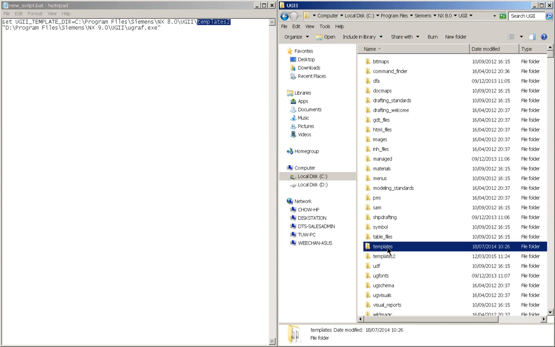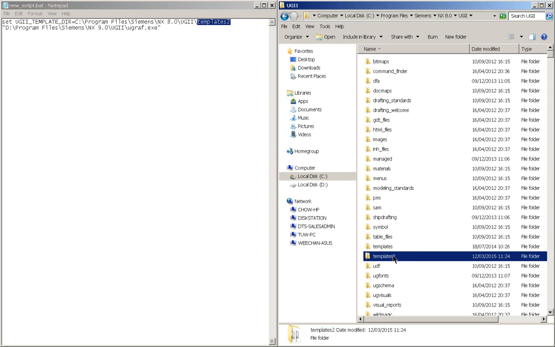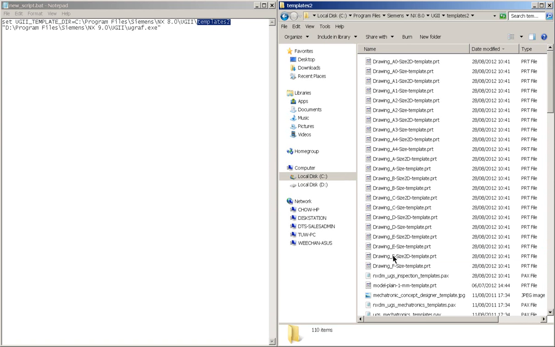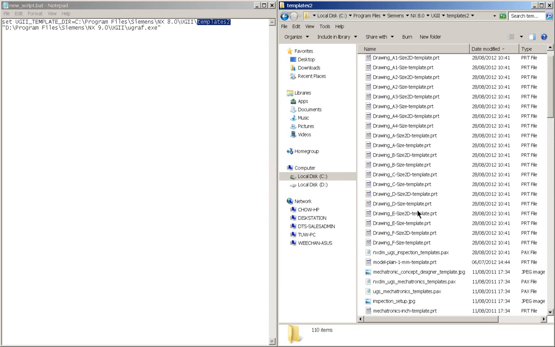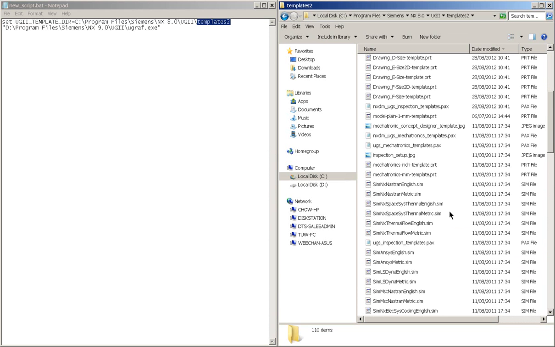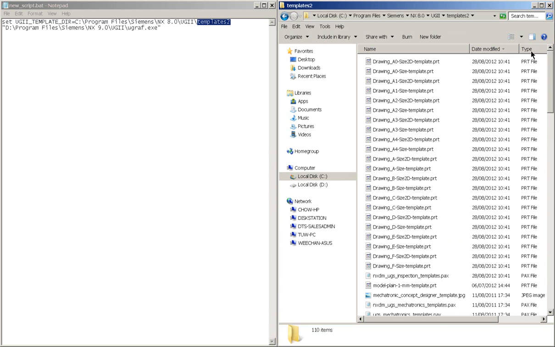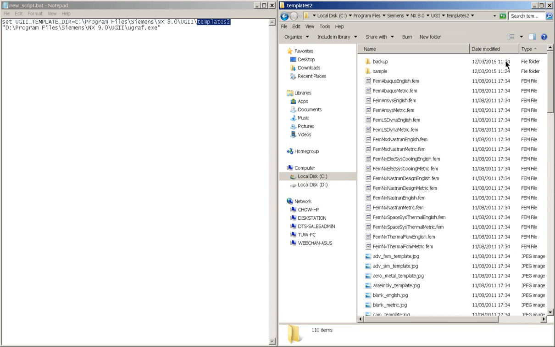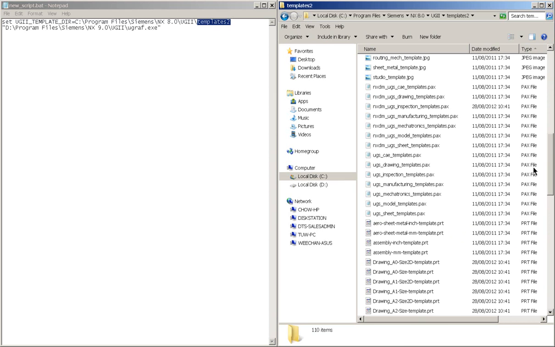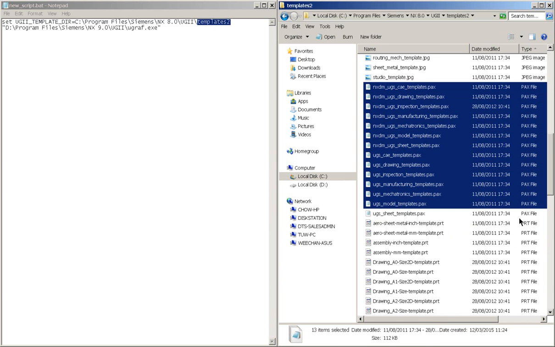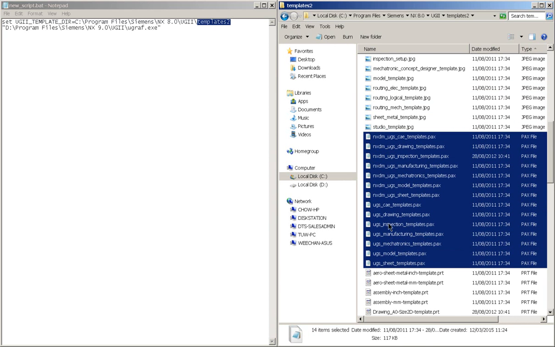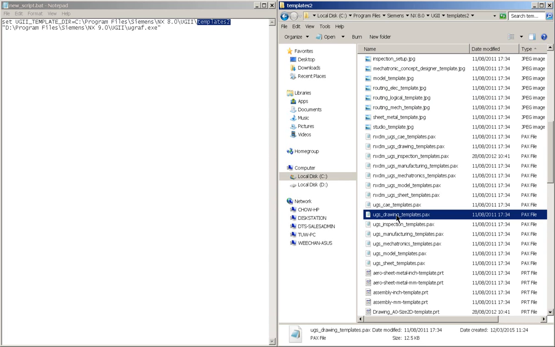And the original template folder is the backup, so we will not mess with the original folder, and we only make the modification at this folder. So once we're in here, we can quickly pick on the PAX file. So we can arrange the items by type, and search for the PAX. So these are the PAX files, and we are going to modify this particular PAX file,